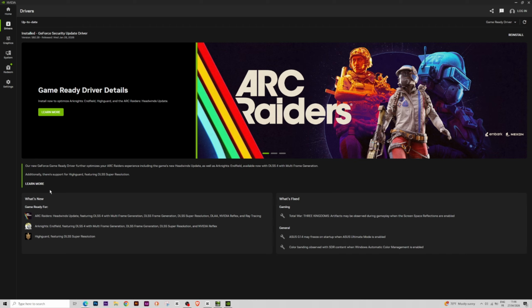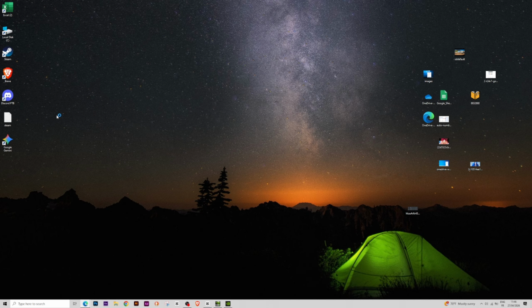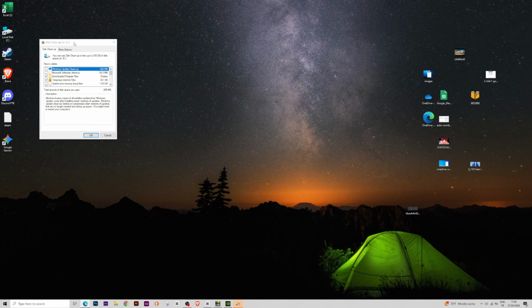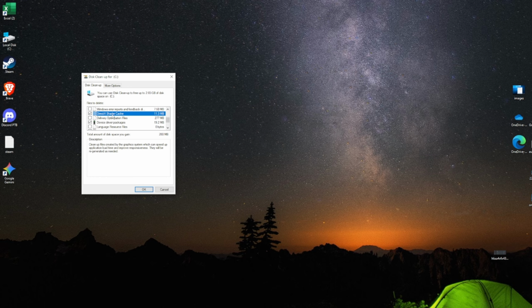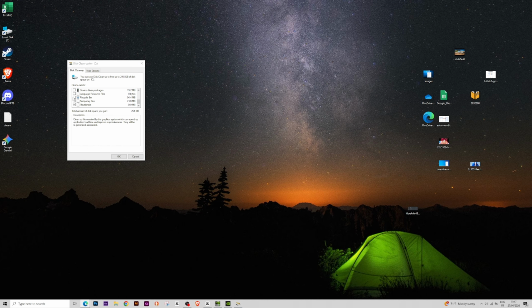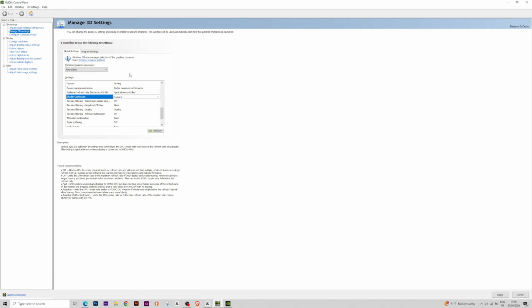Then click on Cleanup System Files, and from here, we're just going to scroll down until you see DirectX Shader Cache, and make sure this option is checked, and then you can go ahead and press OK, and click on Delete Files. And once you've done that, you can then head back over to the NVIDIA Control Panel, come back